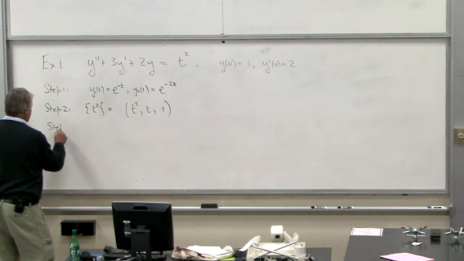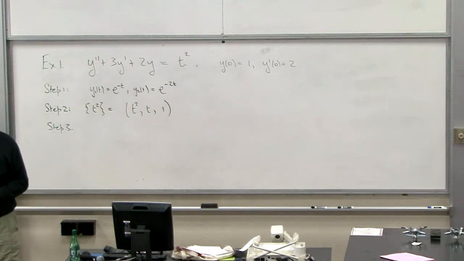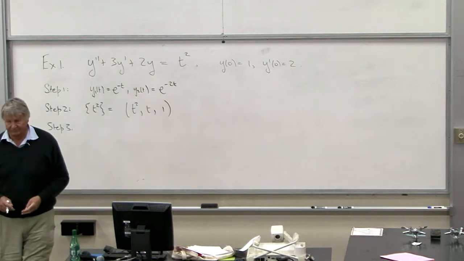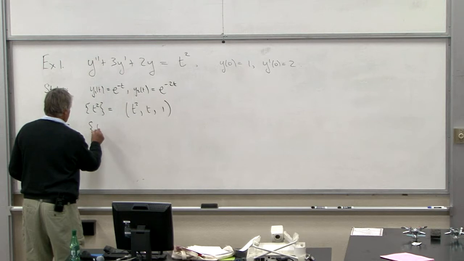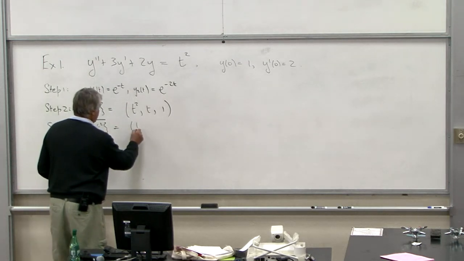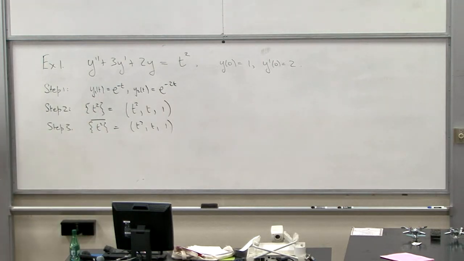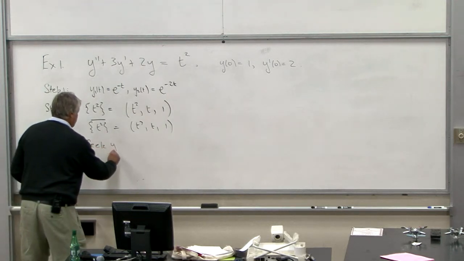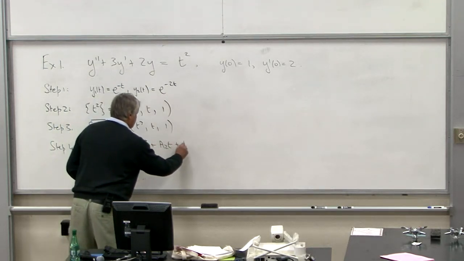Step 3. Are any of these guys solutions of the homogeneous equation? They'd have to be combinations of those two. So, what do you think? No. So, no need to modify. Still t squared, t, and 1. Now, step 4. We seek yp as a1 t squared plus a2 t plus a3